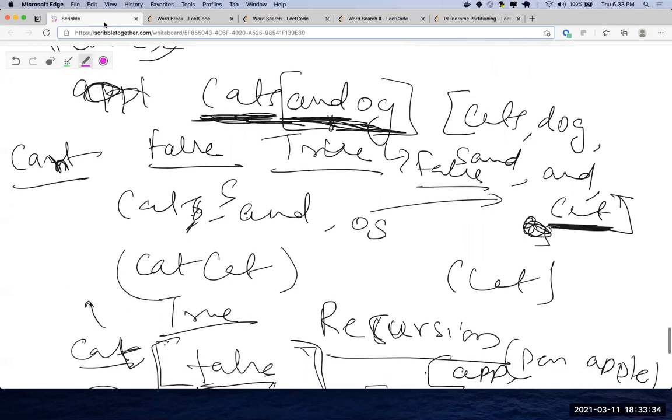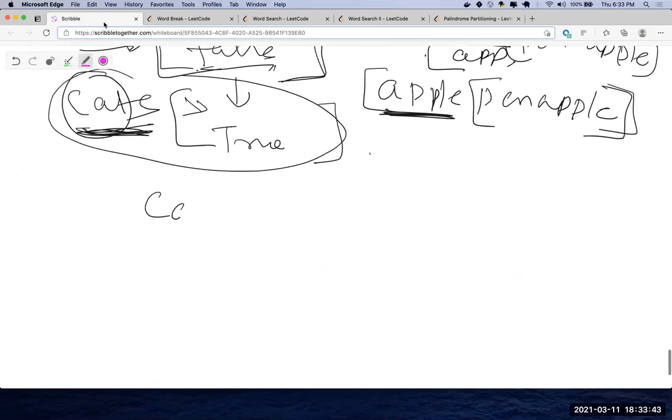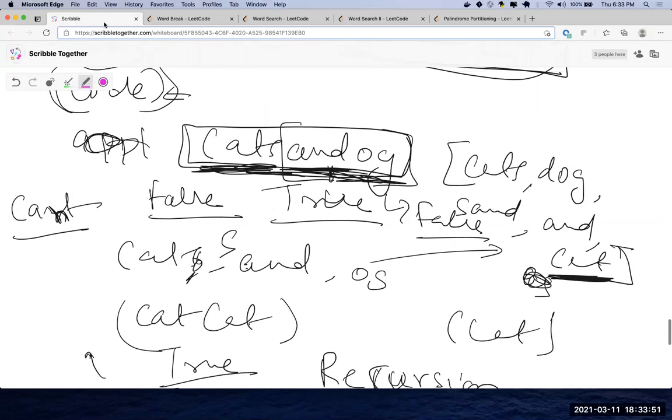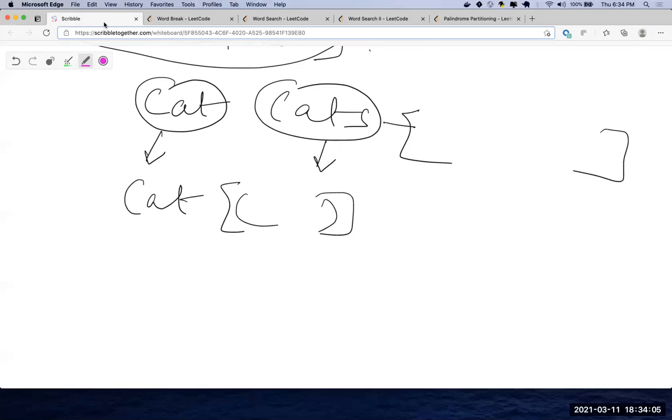So Arya, when you figure out this cats and dog, you're going to get cat also. You're going to get cats also. Sorry, is cat in the dictionary? Cat is there. Cats also is there. Cat is also in the dictionary. So basically, cat is there in the dictionary, this returns true, this returns true. So now you have to check what comes after cat. You will be recursing on this, and you'll have to recurse on this as well. If either of them returns true, your answer is true. That's the question, right?